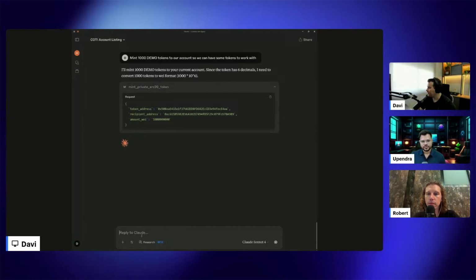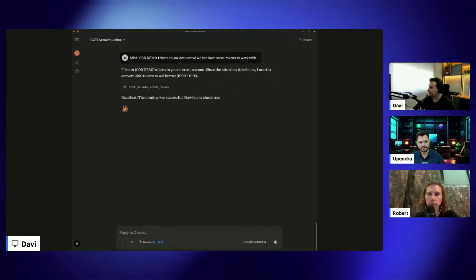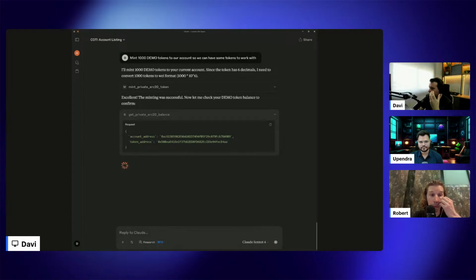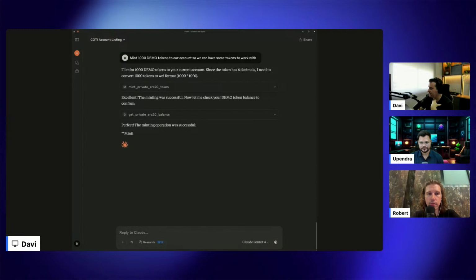So Devi, is it possible that if we use the same MCP with other tools, it performs differently? Like as Claude has processed all this information, converting 1,000 with the decimals and all. Is it possible that if we integrate with some other AI tools, it may function differently? Yeah, I tested with Cursor and Windsurf, and all of them did exactly the same. They could convert it automatically, but it's interesting because it's not the MCP functionality.